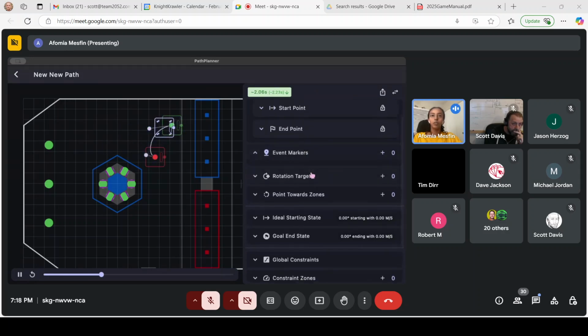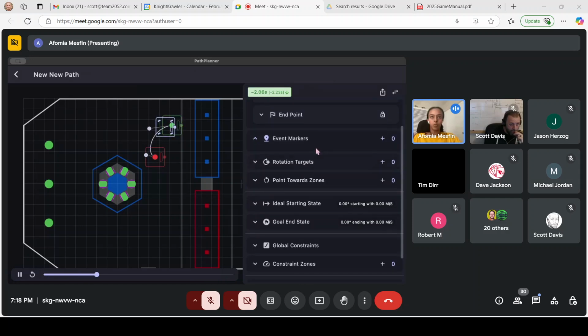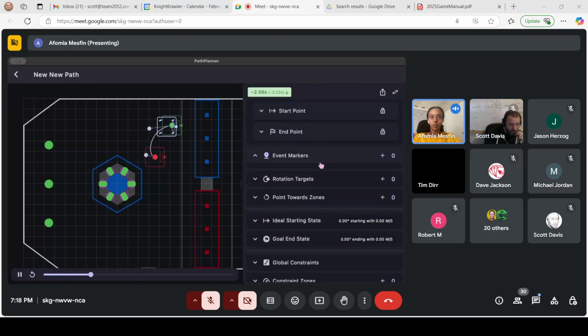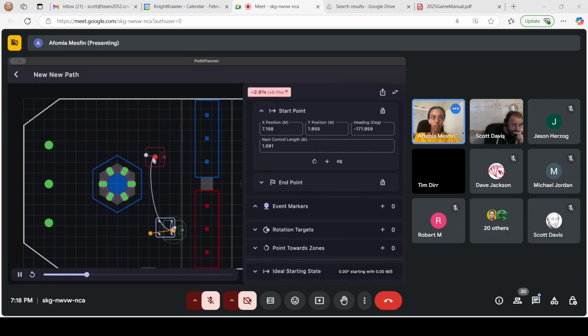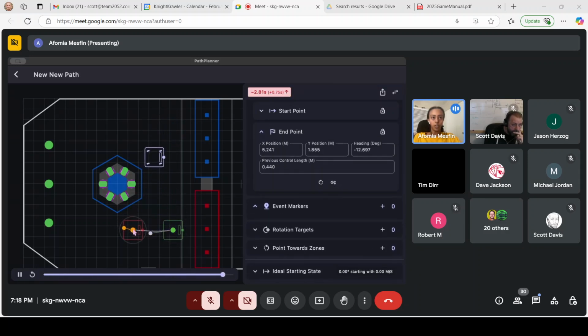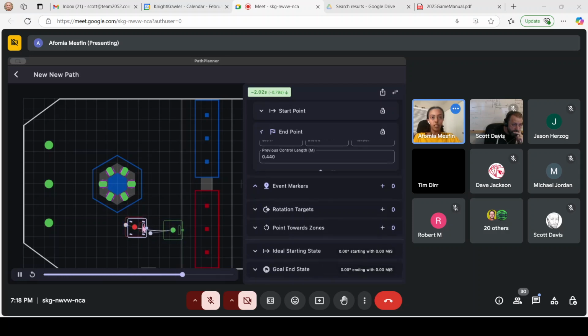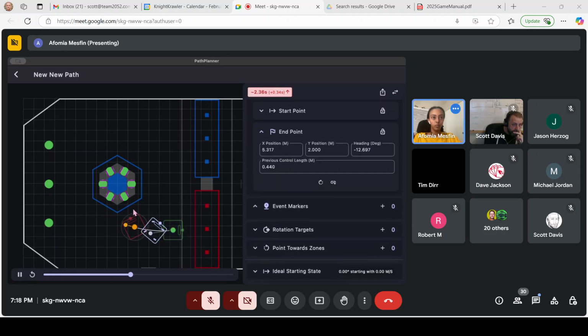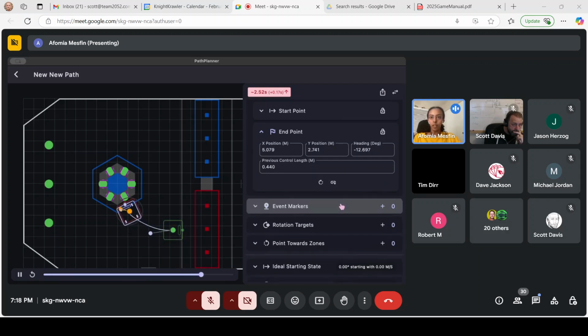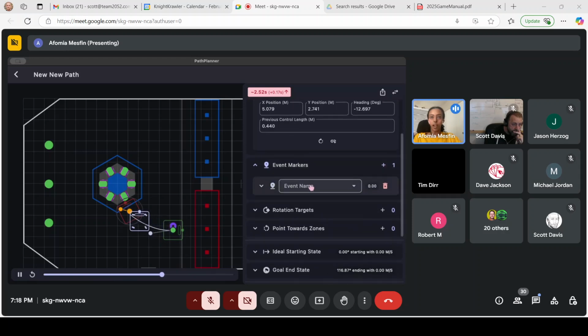Okay. You also have event markers. This was present last year too, but these events can mark maybe when you're running a command. So if my command, actually, let's have this be down here, start right. And then we're going to go to reef pole, maybe A, B, C, D, E. Align with that, assuming we're scoring out of the front of our robot. So this event marker, you could add one along your path. Maybe you say this is like score L